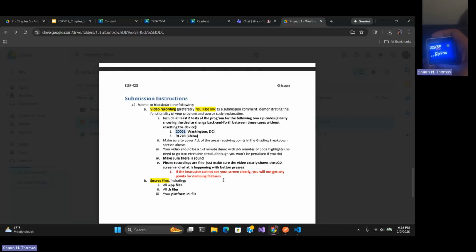So that should be all the features. One more feature I did want to show that I made. If I go to the zip code screen, if I do a random zip code, and if it doesn't exist, I guess it doesn't exist, but